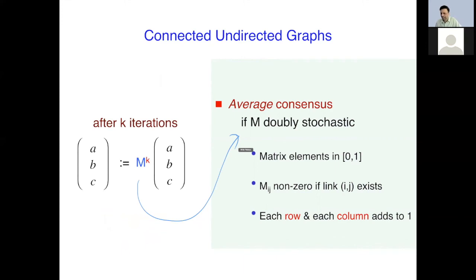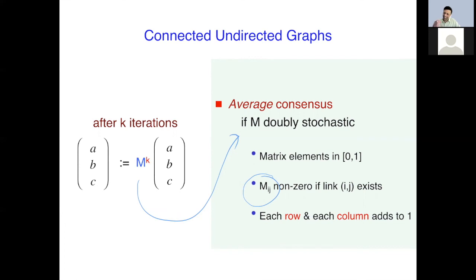Doubly stochastic just means it's row stochastic and column stochastic: all the elements are non-negative, the elements in each row add up to 1, the elements in each column add up to 1, and the ijth element of the matrix is non-zero exactly when link ij exists. So if there is no link ij, then mij will be 0, otherwise non-zero. When those conditions are met by matrix M, then you're guaranteed that as you run the algorithm for more and